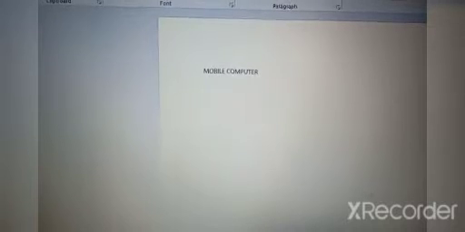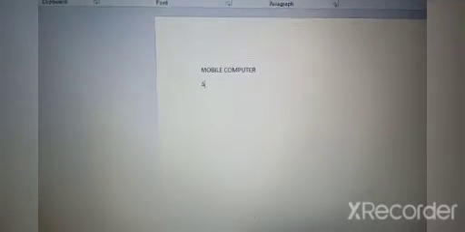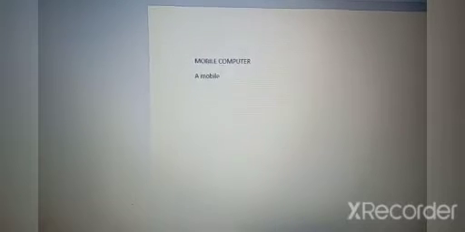Now next, what is a paragraph? A mobile, you can see here I am typing. This is called typing. We are typing in MS Word, in an MS Word document.